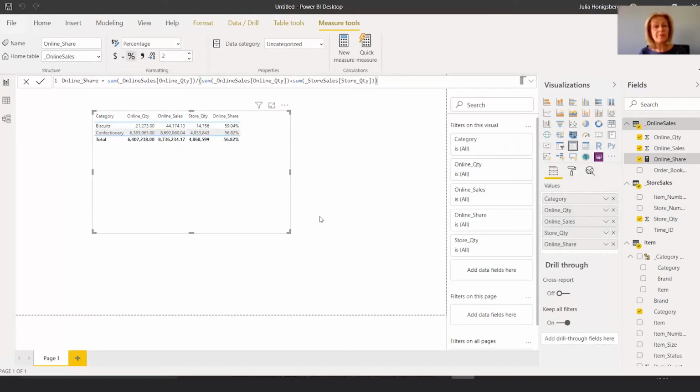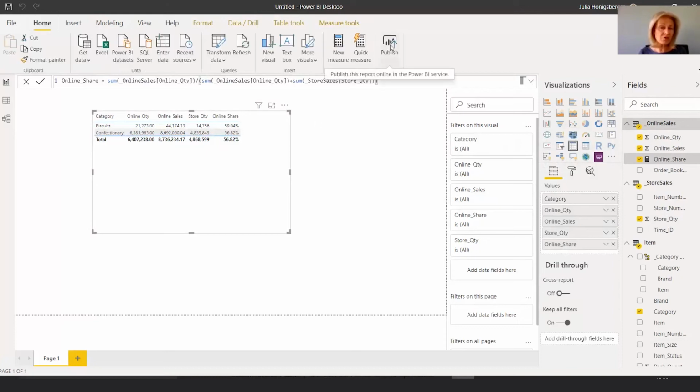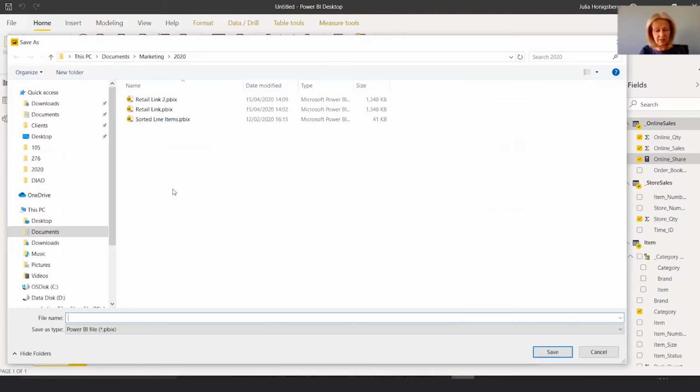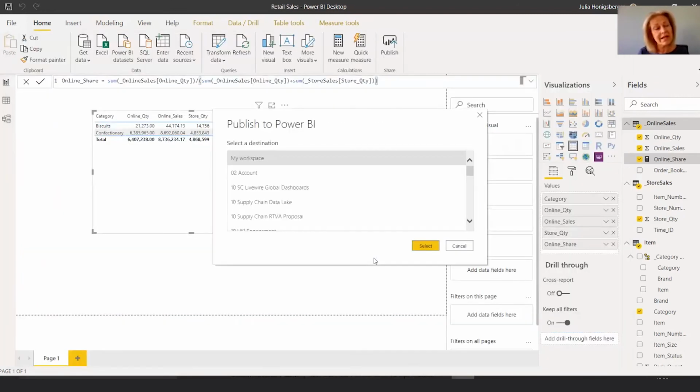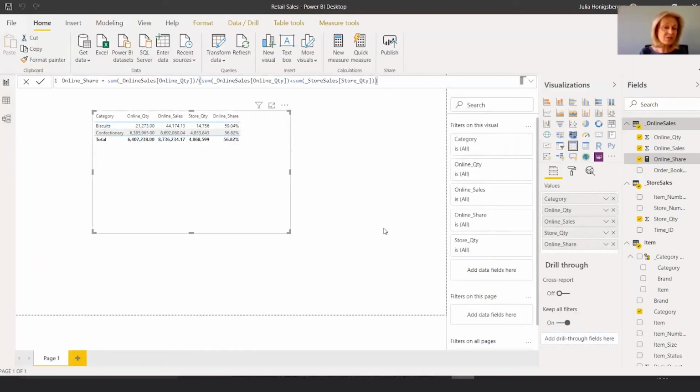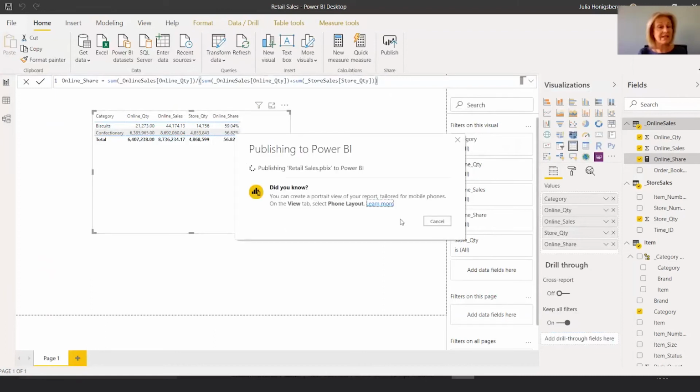Once I'm happy with it, at that point I can then publish this so that other users within my organisation who I allow to see it can see it. So I'm going to publish this. I'm going to call it retail sales for now. And Power BI now is going to ask me where I want to put it, because Power BI server has lots of workspaces where I can save data. I've set one up for my users, and it's called Sales Datasets, and that's where I'm going to put this dataset. Power BI is now publishing it,